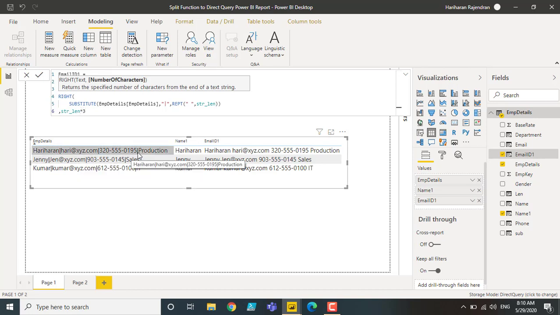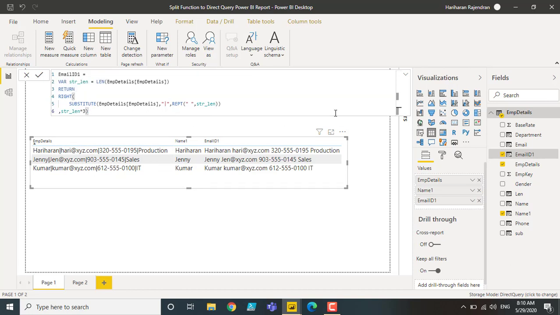Consider we have 4 columns. When we try to get the second column, we need to multiply the string length with n-1, where n is the total number of values in this column. Here there are 4 values, so n-1 is 3. In case you have 5 values in a column, to get the second column you again need n-1, which is into 4, right? So use the formula and close bracket. Now enter. Now we will be getting values from the right hand side. Here you can see on the left side we got the results.